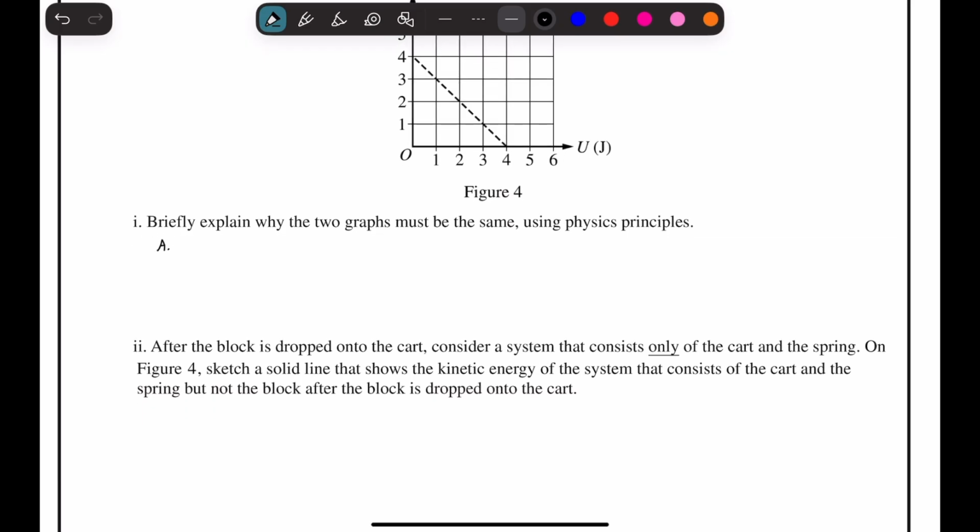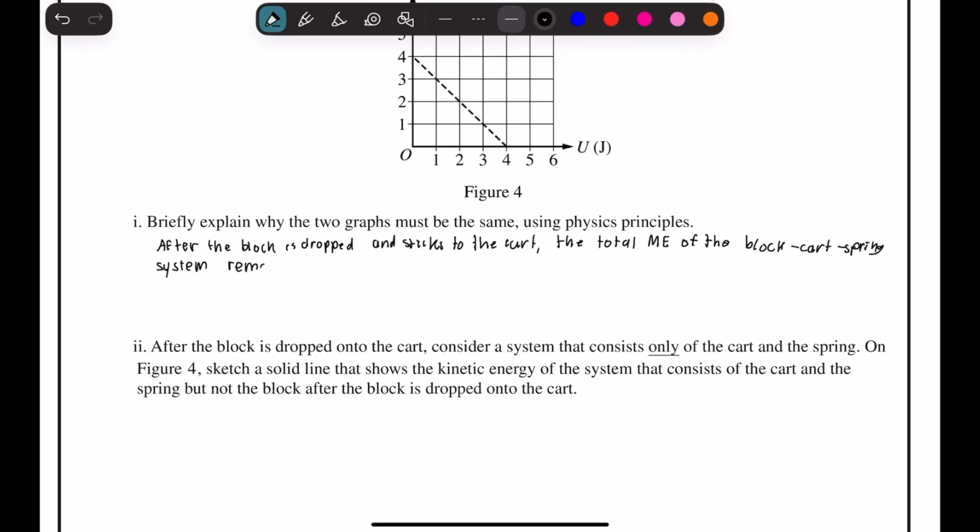After the block is dropped and sticks to the cart, the total mechanical energy of the block, cart, spring system remains constant